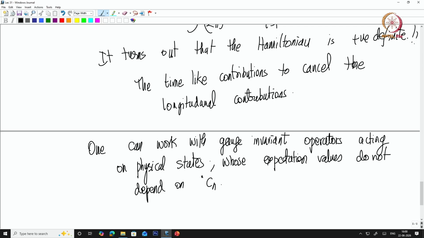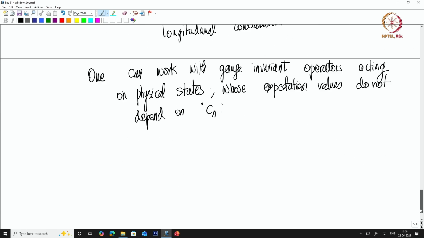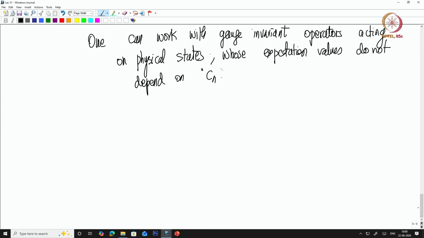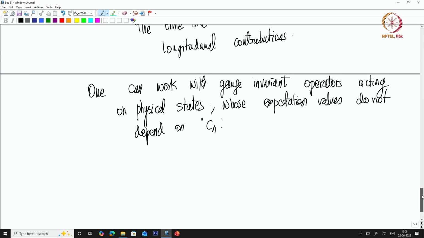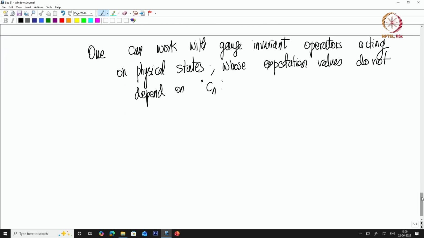The Cn means these coefficients essentially, so you can work without worrying. If you have physical states and gauge invariant operators, you are taken care of essentially. Okay, very good. So we can work with the physical states and gauge invariant operators, and